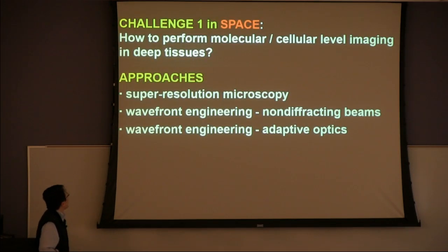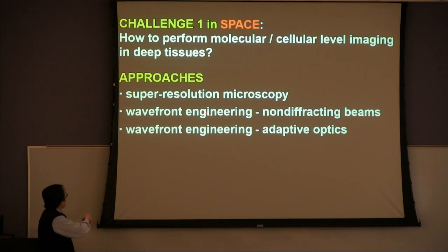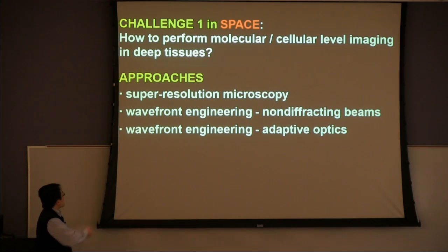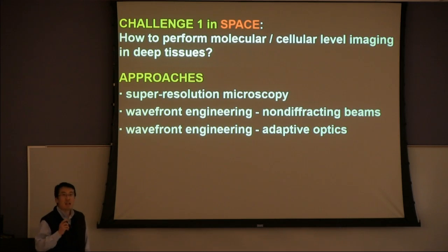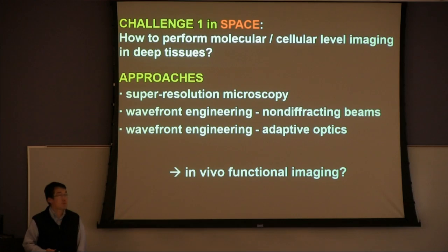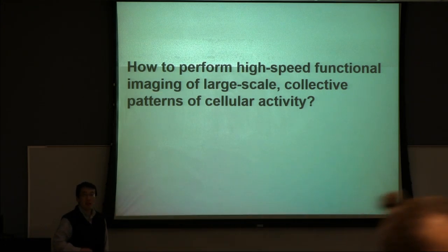So with this, I would like to summarize very briefly that I presented our recent approaches, including super resolution microscopy, wavefront engineering with non-diffracting beams, and wavefront engineering with adaptive optics to address the challenges in space. So now the next question for us is how to perform in vivo functional imaging. Or more specifically, how to perform high-speed functional imaging of large-scale collective patterns of cellular activity. And to address this,